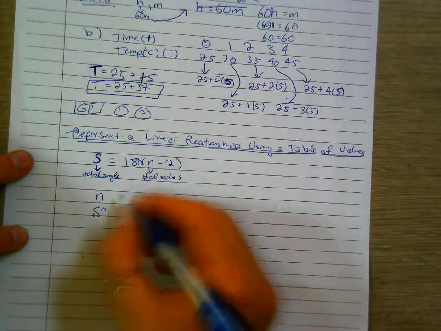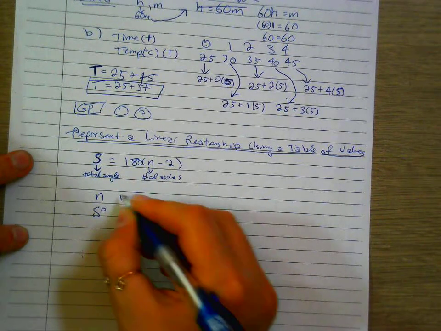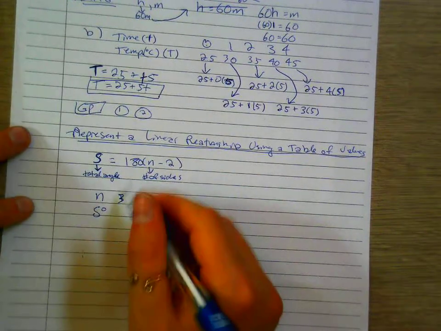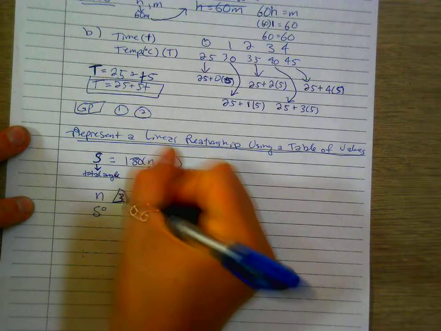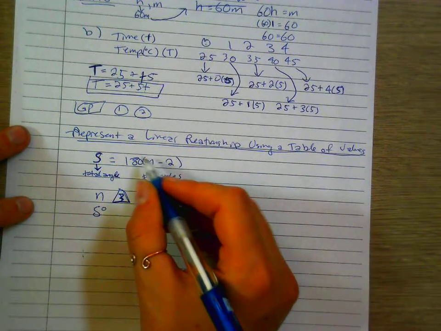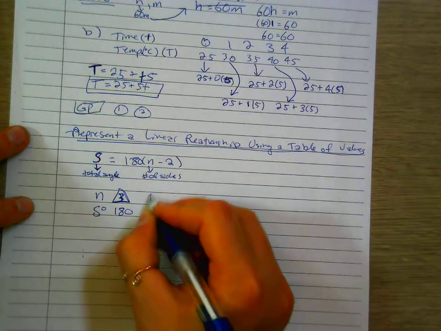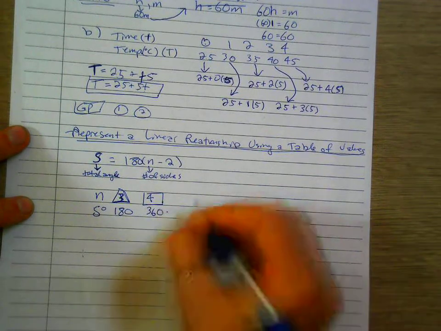So let's just make a table of values. If n is 3, because a line wouldn't be able to make a polygon, so we have to start with 3 because it has 3 sides. That's a triangle. And if we put 3 in here, it's 3 minus 2, which is 1, times 180, and so this becomes 180. If we have 4 sides, like a square, it becomes 360. If we have